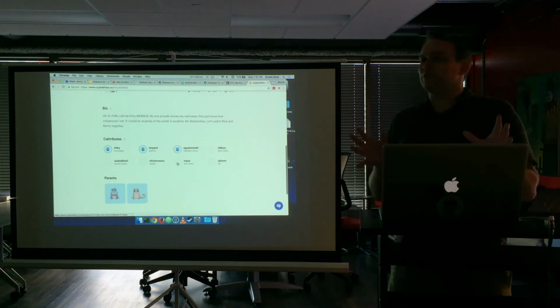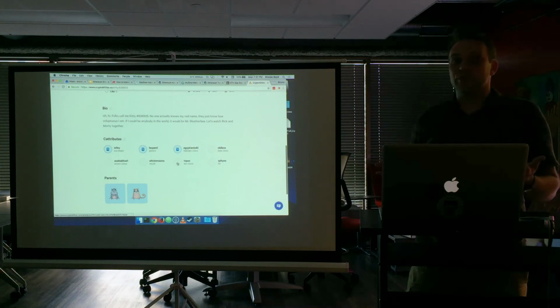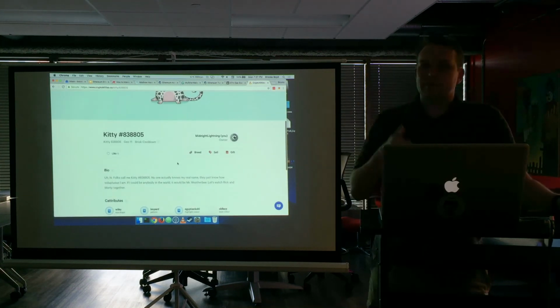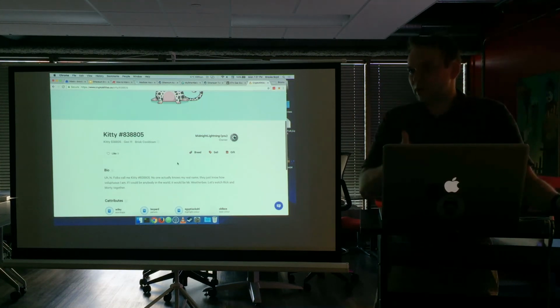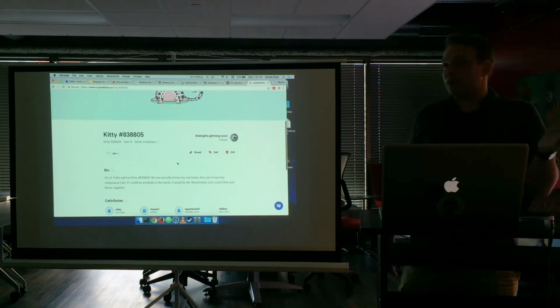So there's all these sorts of attributes about one token that might make it more or less valuable should you wish to trade it. But yeah, that's the idea of a non-fungible token, which has become, or is becoming a standard. ERC721 is what's becoming the standard for dealing with non-fungible tokens. ERC20 is the idea of a fungible token.